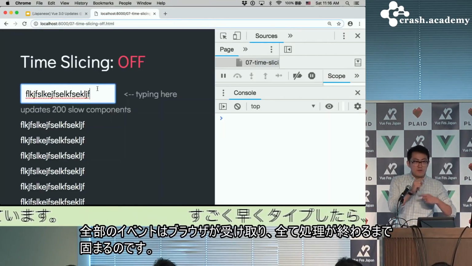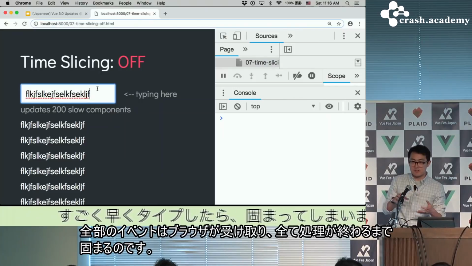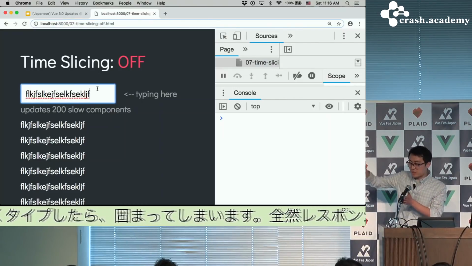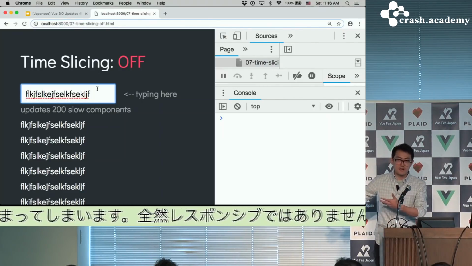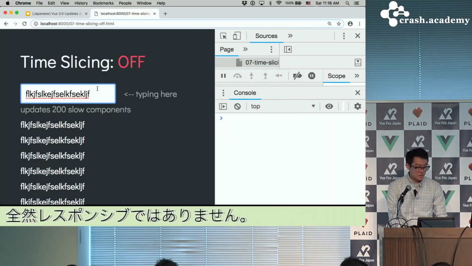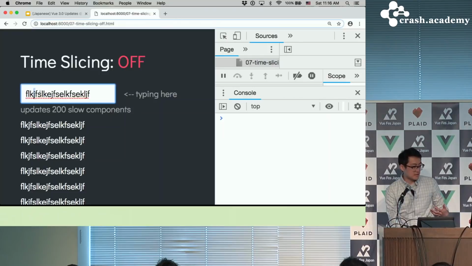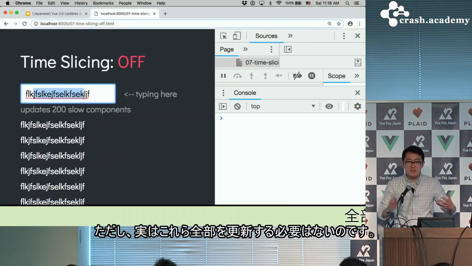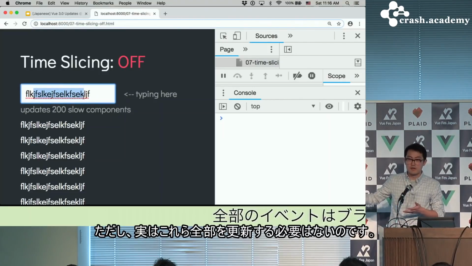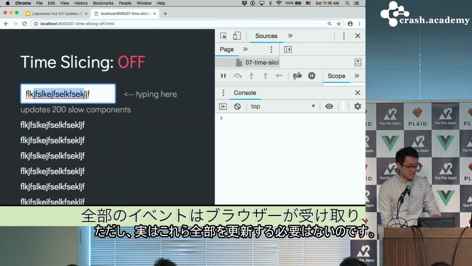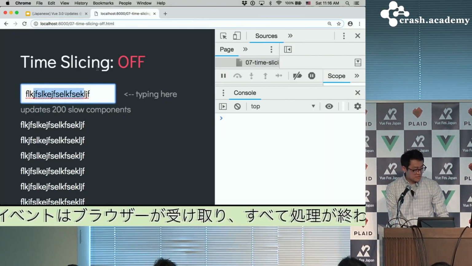Because every event is actually received by the browser, and it keeps doing repeated work until finally it finishes all the work. But in fact, because I typed really fast, some of these intermediate states are not even necessary. Like all of these, it didn't need to update at all. You just need to directly jump to the end state. So what time slicing is doing,